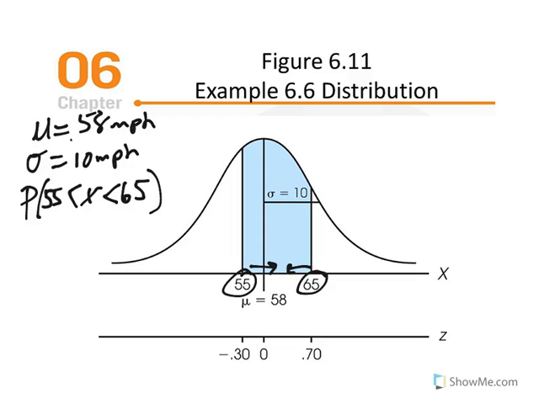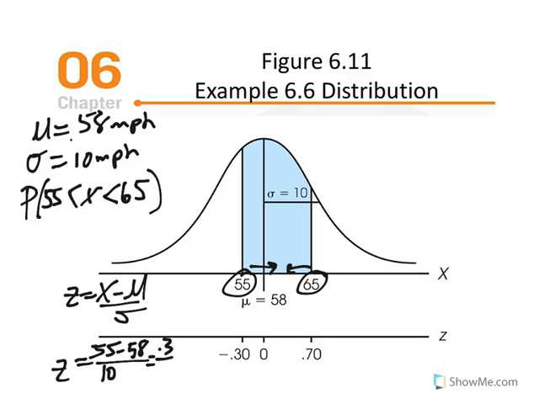Now this is the process of finding the proportion between two scores, one above the mean and one below the mean. And at this point, what we know we need to do is convert those x values into z-scores. So z is equal to x minus mu divided by standard deviation. So for 55 minus 58, and then divide by our standard deviation of 10. So we have 55 minus 58 gives us -3. Divide by 10, and we have a z-score equal to